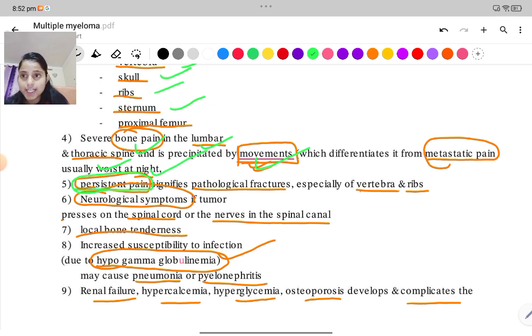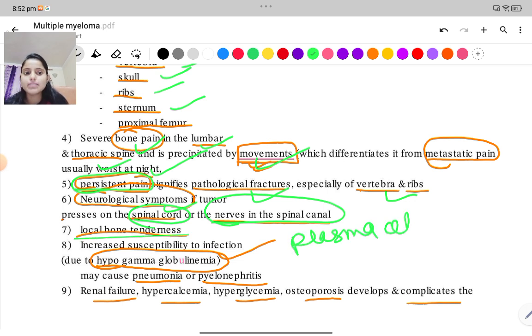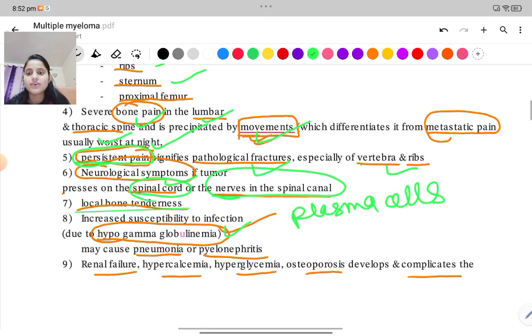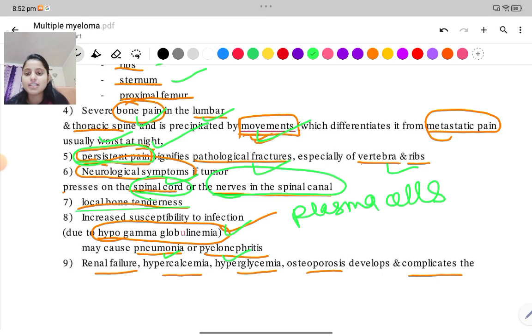If there is persistent pain, it signifies there is pathological fracture, especially of vertebra and the ribs. There is neurological symptoms if the tumor compresses the spinal cord or the nerves in the spinal canal. Local bone tenderness can be seen as it is a tumor of the plasma cells. There is decrease in the beta cells and antibodies formation. So there is increased susceptibility to the infection due to hypogammaglobulinemia and cause pneumonia, pyelonephritis, renal failure, hypercalcemia, hyperglycemia, osteoporosis